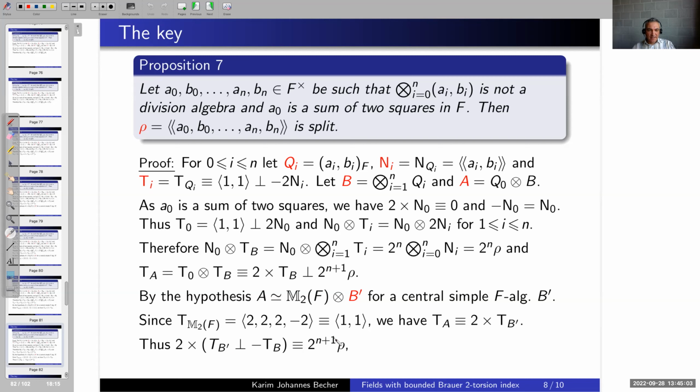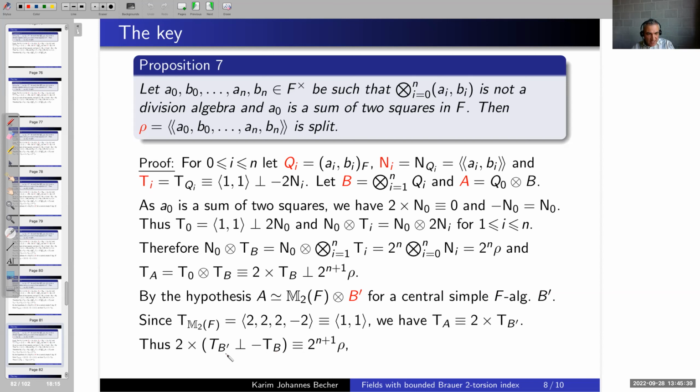And yeah, this here is unimportant for the dimension, but the dimension of rho is also 4 to the n plus 1. Yeah, so they have the same dimension, both sides. So they are not only Witt equivalent, they are really isometric. And here we have an isotropic form because we have 2 trace forms of the same dimension. This will always represent,